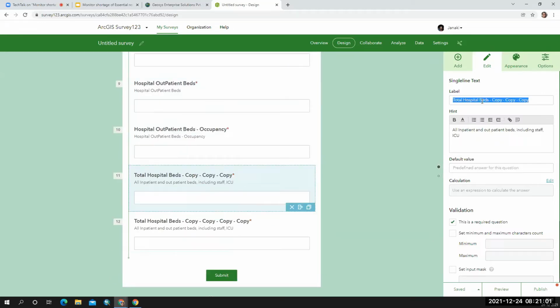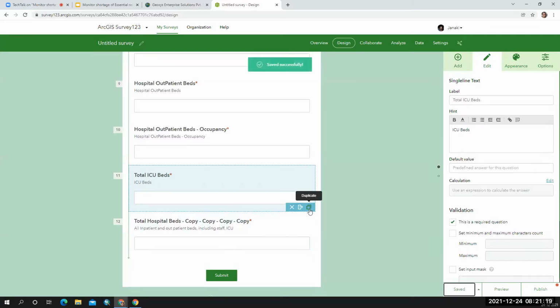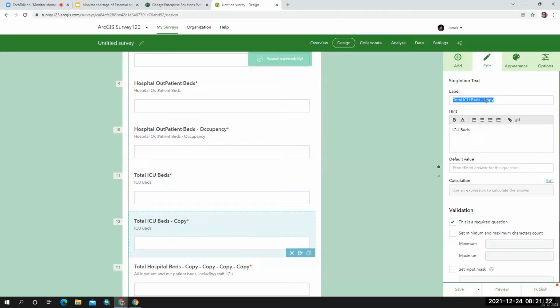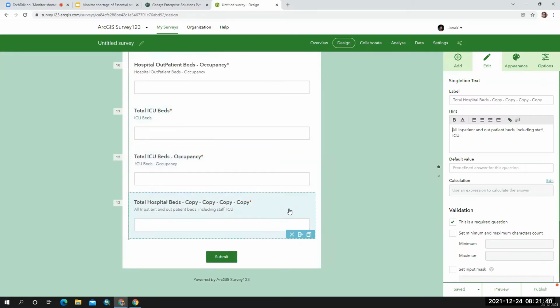Now I will take the ICU beds. So here I'm going to have the occupancy details of the ICU beds in that particular hospital. And yeah, I can have total ventilators in the hospital.